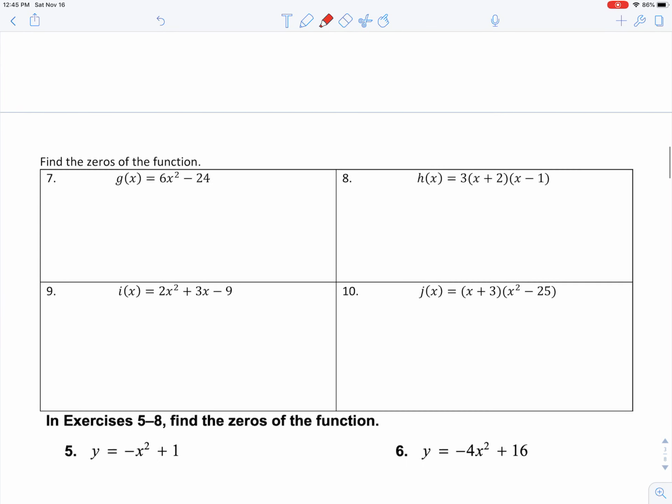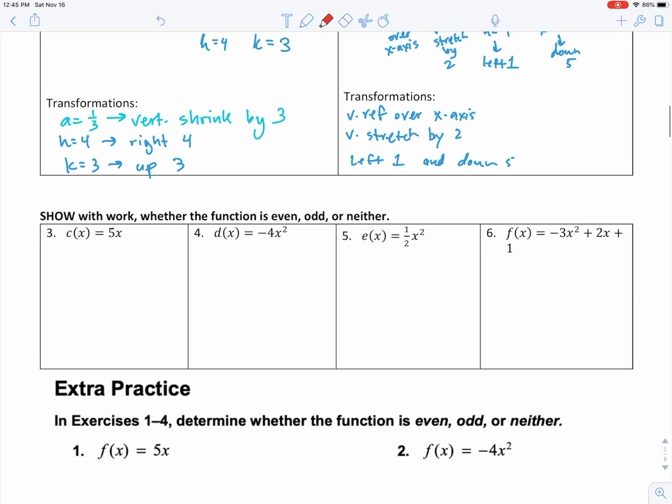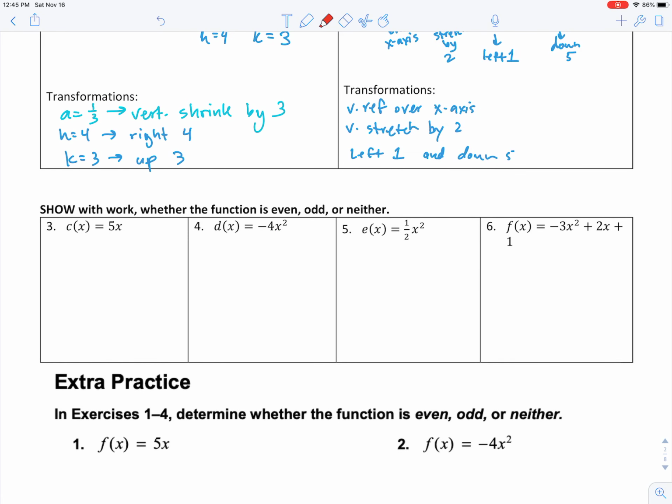Let's talk about number 3 through 6. Show, and with work, whether the function is even, odd, or neither. Okay, you can go through your text or through the videos. Even, odd, or neither really, its significance kind of tells you what kind of symmetry it might have. The steps